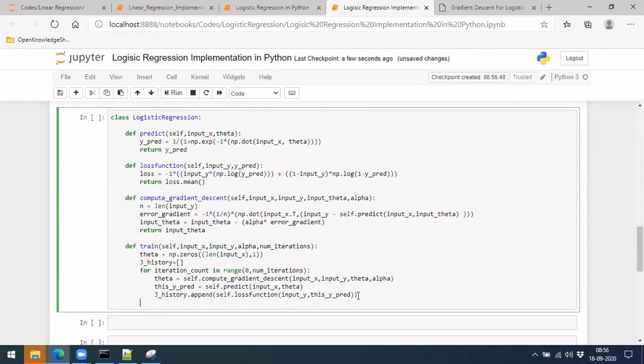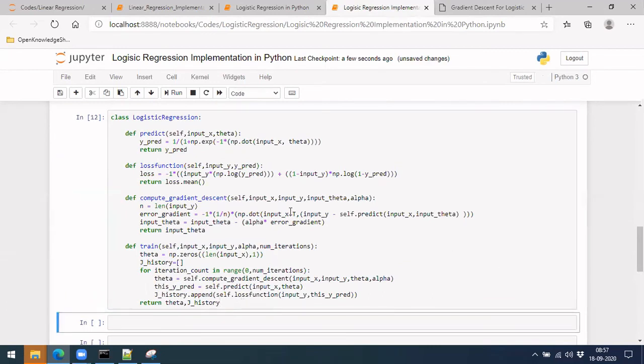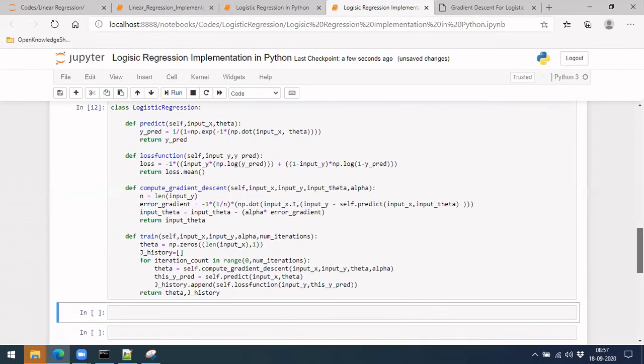Okay, so this is it, I guess. Finally, we have to return our theta, because if you know theta, you'll be getting all the values, right? So we return theta, and let's also take this J history because we would like to plot it. So this is what we have implemented. Let's run it and see if it is doing good or bad.